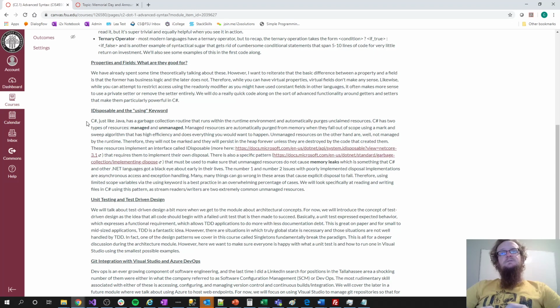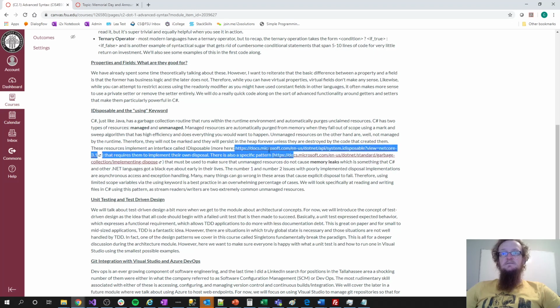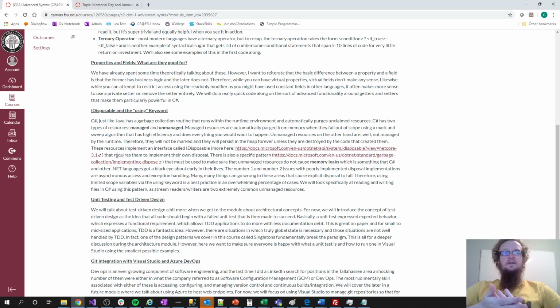And in order to do that, these unmanaged resources implement what's called the IDisposable interface. In the page on Canvas, I've embedded links that give you a crazy amount of detail about the interface itself and all of the different classes that implement that interface, so you can get an idea of what an unmanaged resource looks like. And also the specific pattern that you're supposed to implement in order to safely dispose of an unmanaged resource